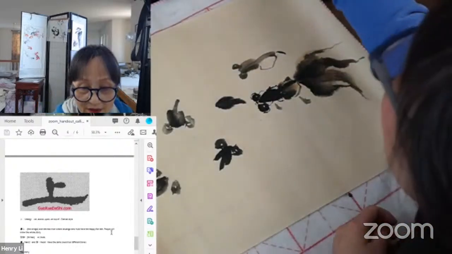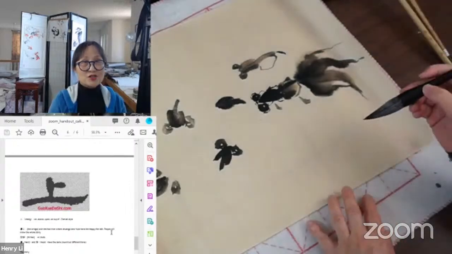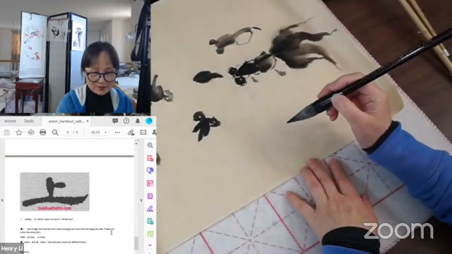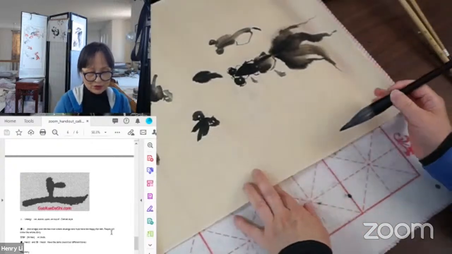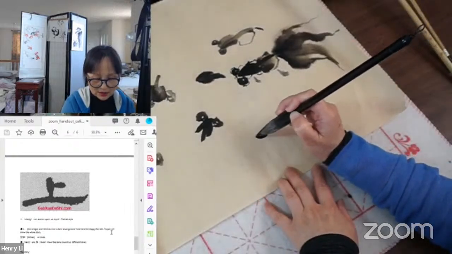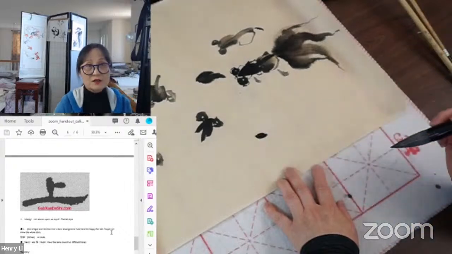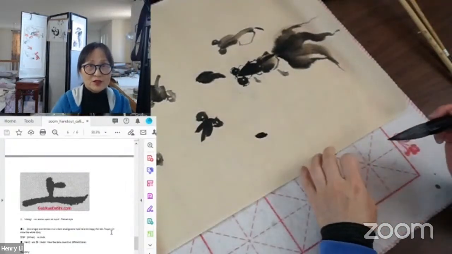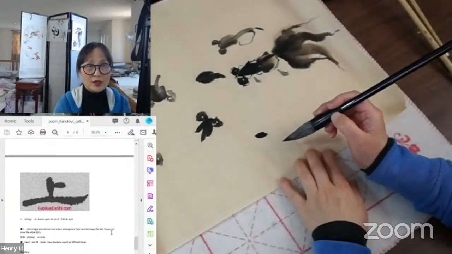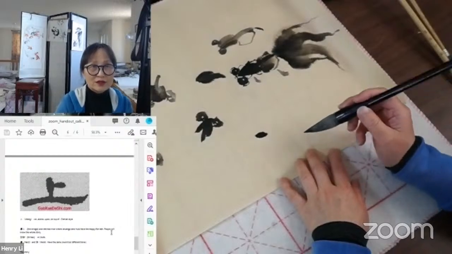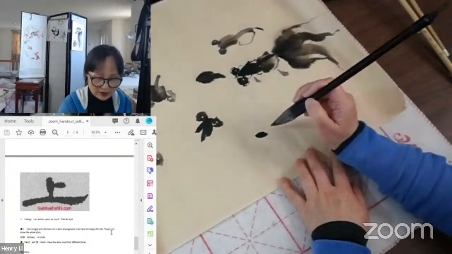Okay, and the little fish we can do as well. The little fish just become fish. How do we do the little fish? We do two long dots first. You can do one dot, but two is easier to form the shape. Two of them form the head, and then like the bamboo leaf, do the body part. The bamboo leaf